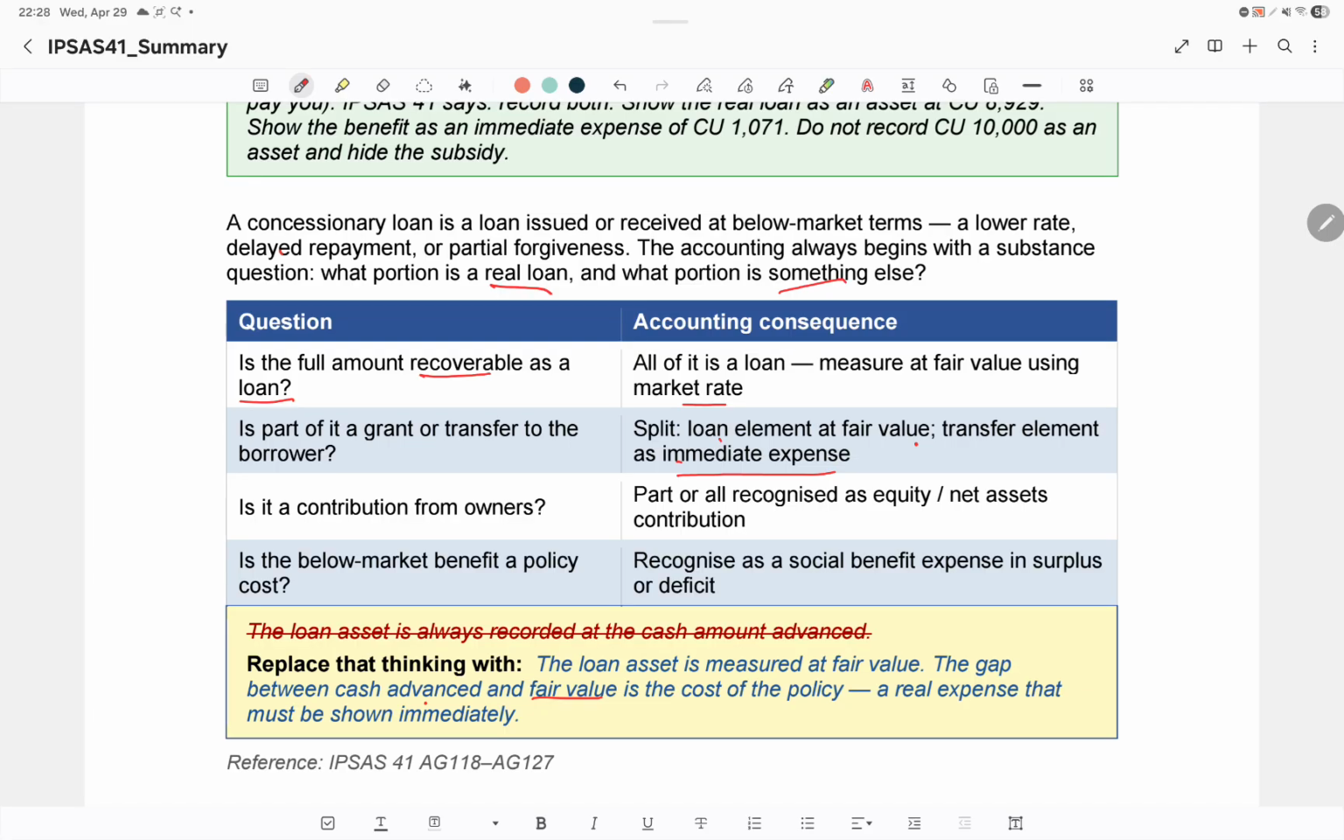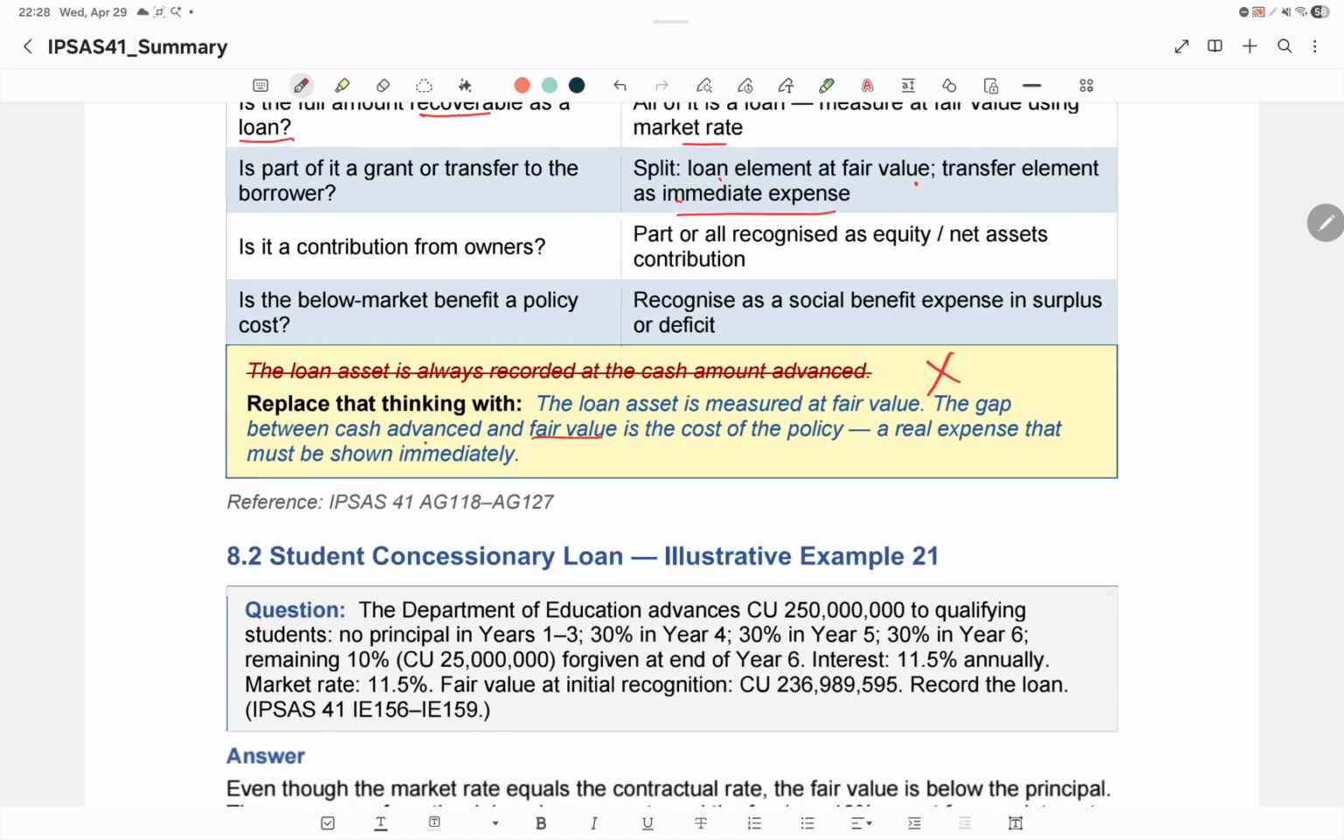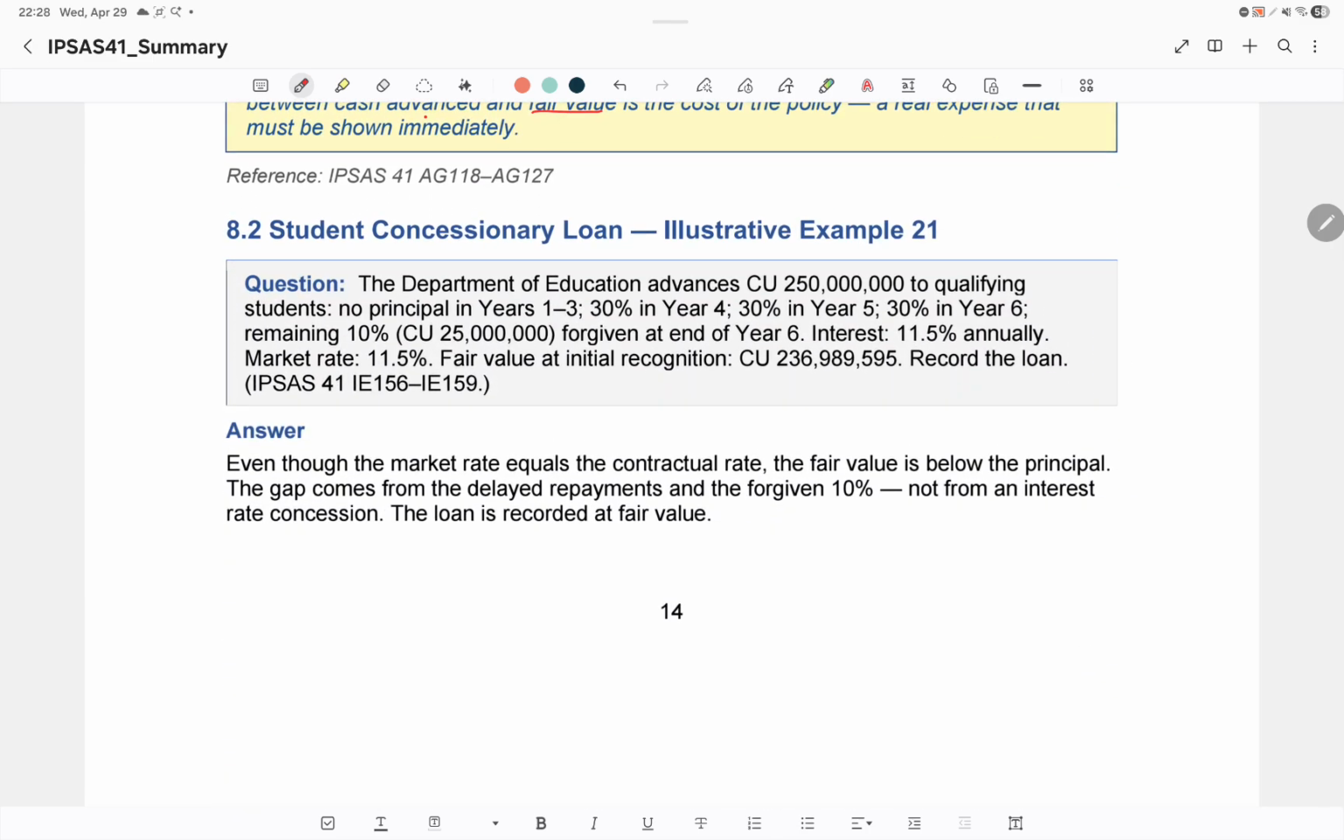The statement that the loan asset is always recorded at the cash amount advanced is wrong. The loan is not recorded at the cash advance. The loan asset is measured at fair value. The gap between the cash advance and fair value is the cost of the policy, a real expense that must be shown immediately. For example,